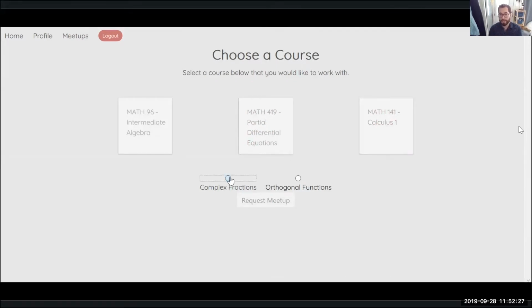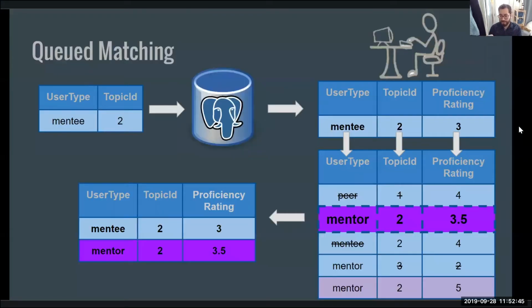So once they select the topic that they need help for in the day, that's when our backend starts kicking in and we start having to deal with HTTP requests. So sending this submission would take an object of their information and would send it to the Express server, and that would then be rerouted to a queue that we have in Postgres.